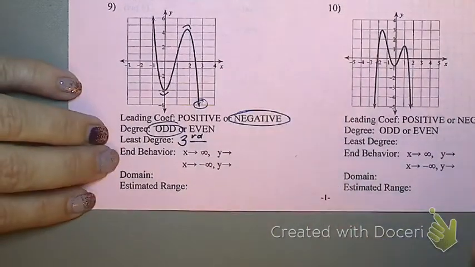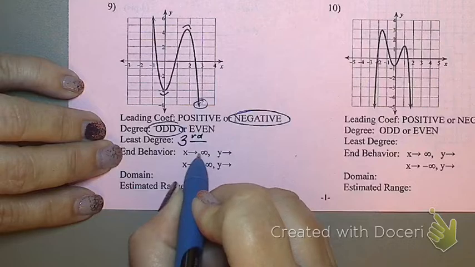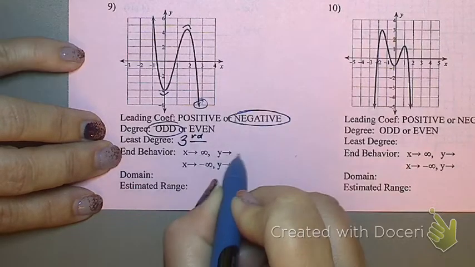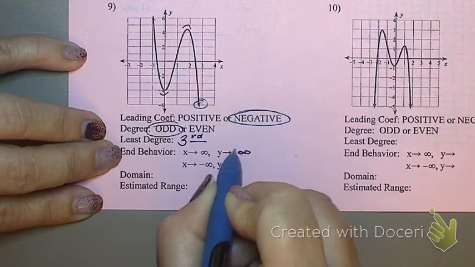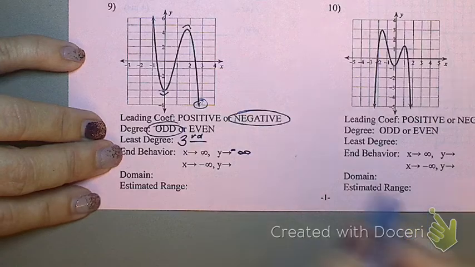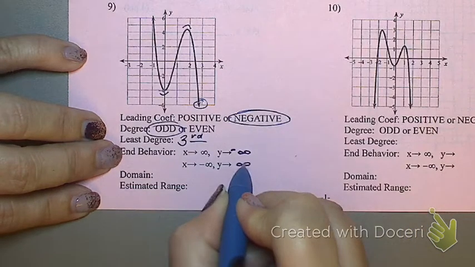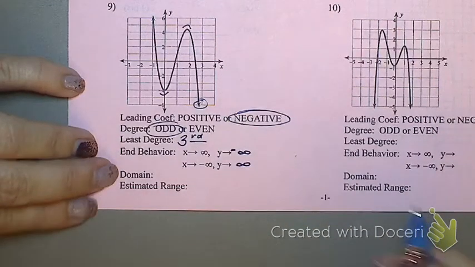Okay? End behavior. Positive infinity means the right side. Right side is going down, so that should be negative infinity. Left side is going up. Domain,